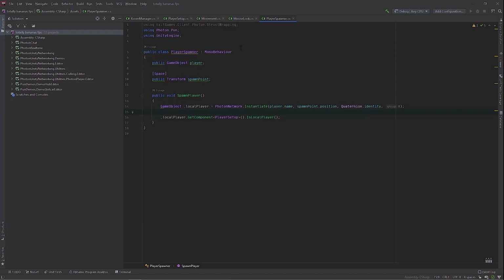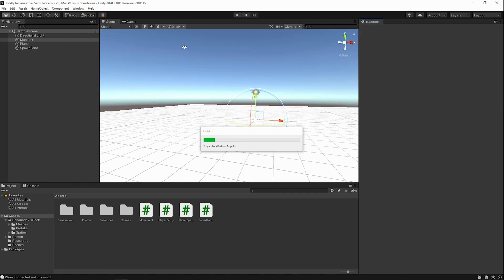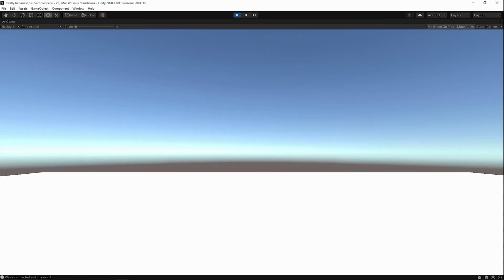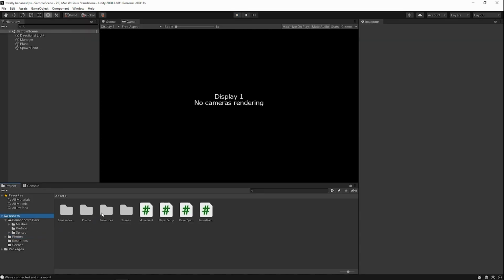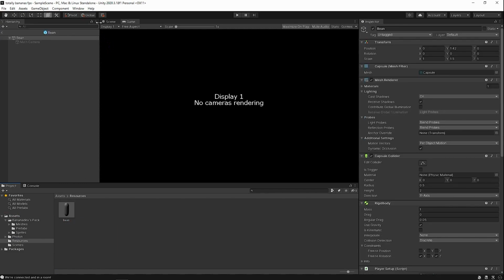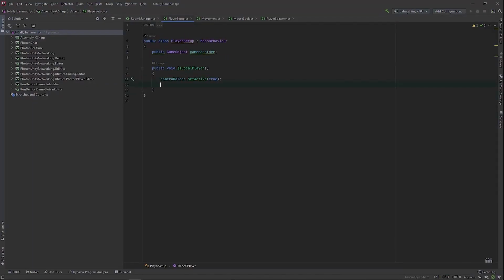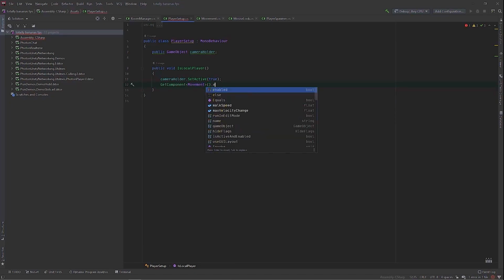So basically what this does is make sure that everyone's cameras except for our local player's is off. So it means that only we can see what's going on through our bean. We're not quite there yet though. If you build this, our movement script is still active on the other bean, which will obviously cause issues. So like our camera, let's set it off by default, head over to our PlayerSetup, and from there we can set it active only when it's our local player.